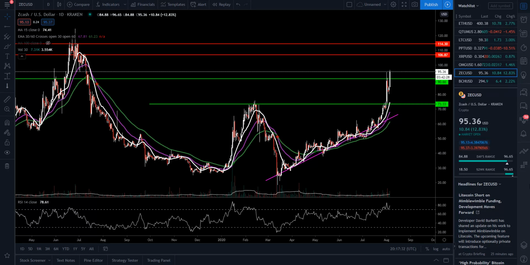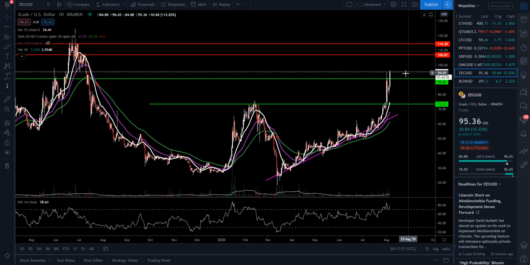And we're going to start in here at Zcash. Zcash, guys, has been doing awesome today, blasting off 12.83%. This is one I've told y'all for quite a while now. I'm in. It's a coin I'm just kind of letting roll right now because it's breaking through a very strong overhead resistance at $90.66. We've gotten over top of that, and the next area that I'm going to be targeting is up around